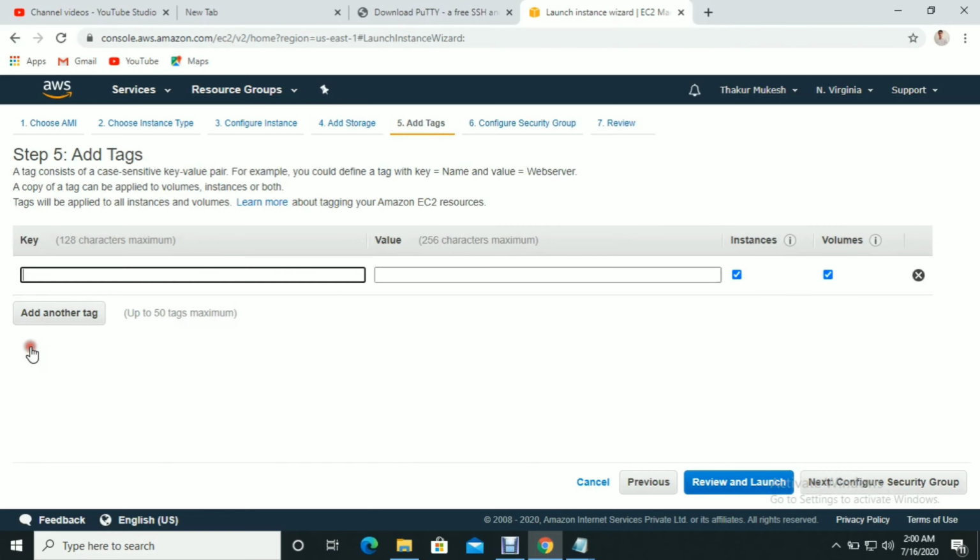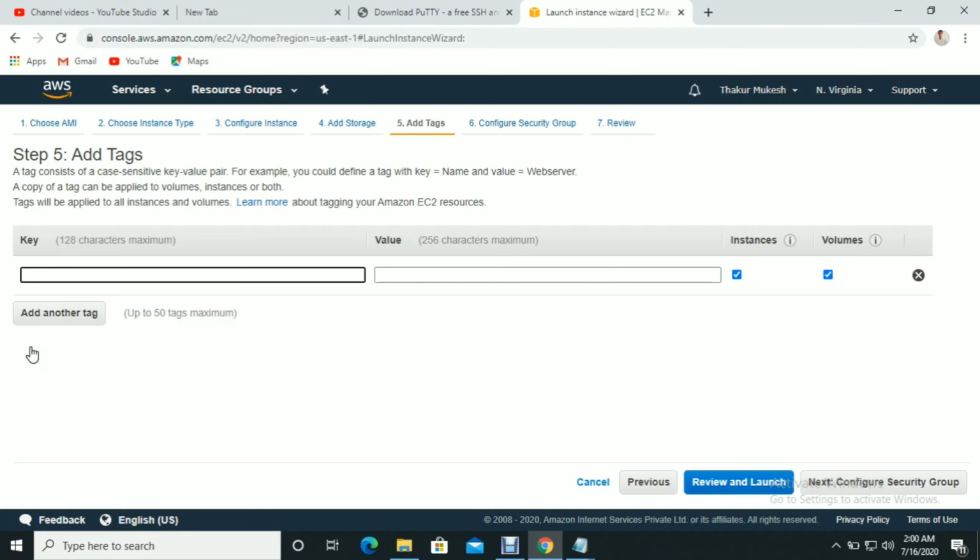Add tag means you're giving the instance a name. Suppose you have more than 100 or 50 servers and you're not tagging them or giving any name, it's not easy to identify what purpose each server is for. It's very difficult, so you should add a tag name.